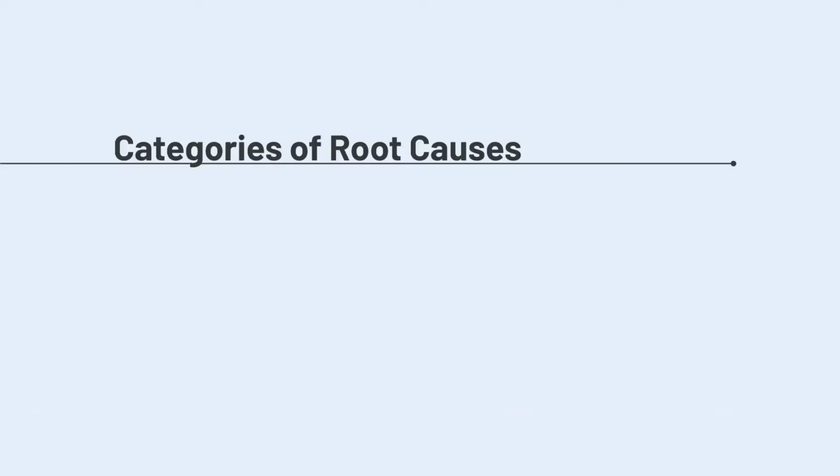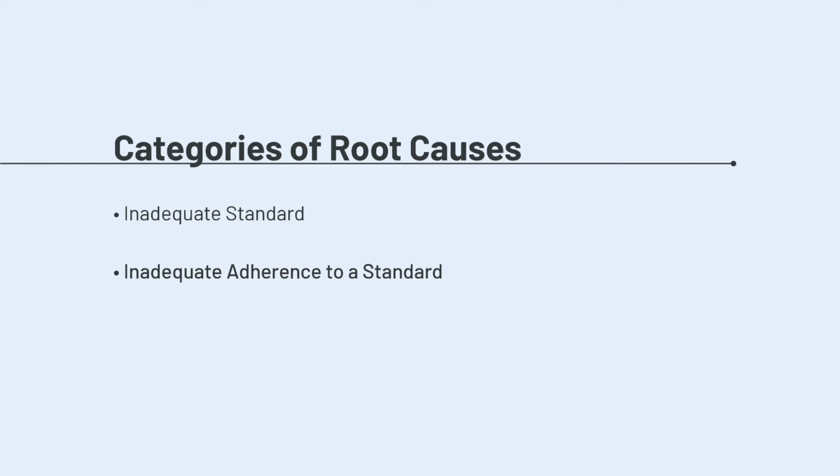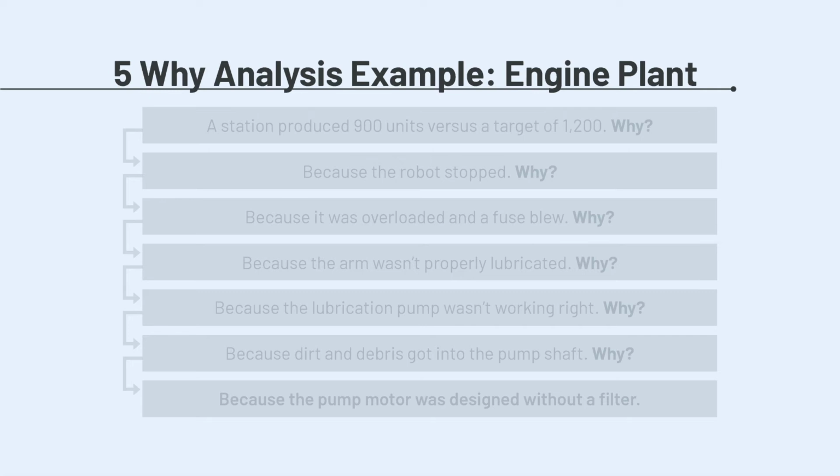Why? Because they are working really hard to understand the world around them. We need to channel this same sense of curiosity to truly understand. Root causes for problems typically fall into one of 3 categories: an inadequate standard, inadequate adherence to a standard, or an inadequate system. So here's an example from Lean Production Simplified by Pascal Dennis that refers to an old example